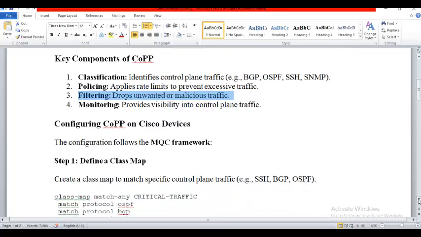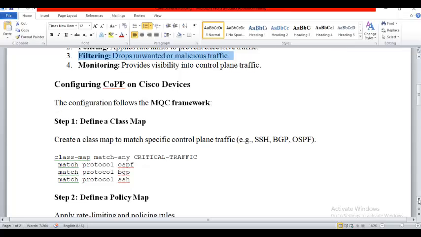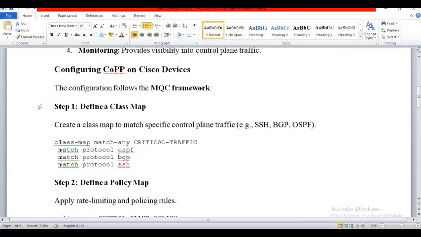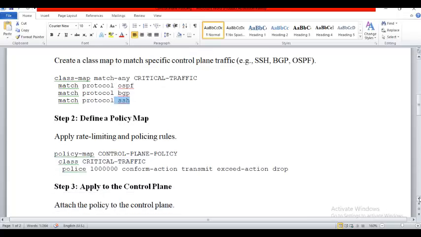Here is the example configuration. We have a class map which matches protocol OSPF, BGP, SSH. And we have a policy map under which we call the class map, which is matching OSPF, BGP, and SSH.